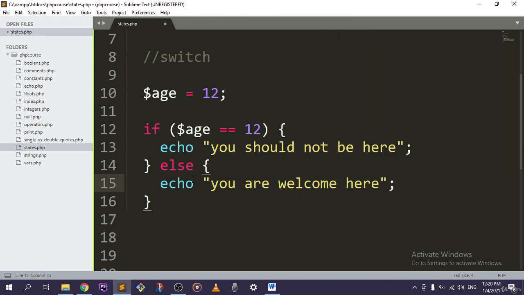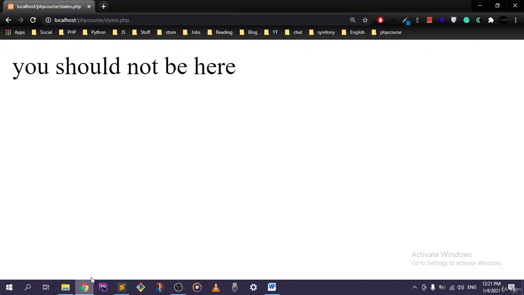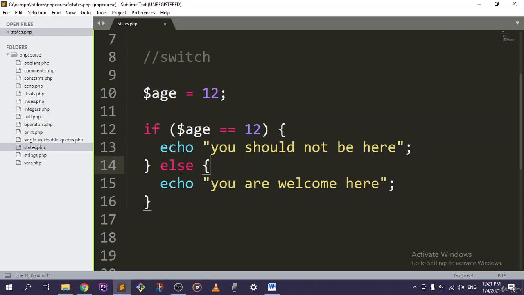Else works like this: if this condition right here is false, it will echo out this action right here. And if we save this and refresh it, of course nothing will happen,